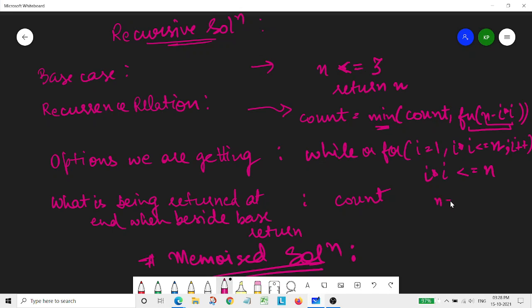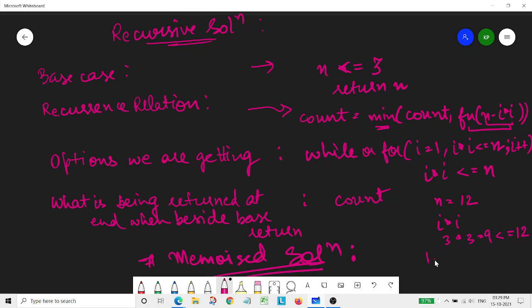Like when the n value was 12, then for i into i the maximum possible value of i was 3, right? When 3 into 3 equals 9, only then is it a number which is less than or equal to 12. And after 3 there is no other number which is less than or equal to 12.